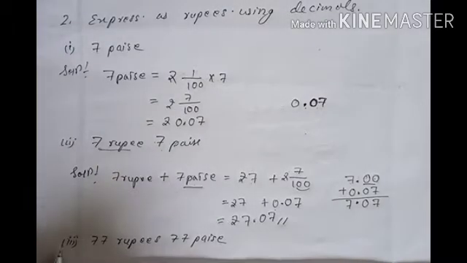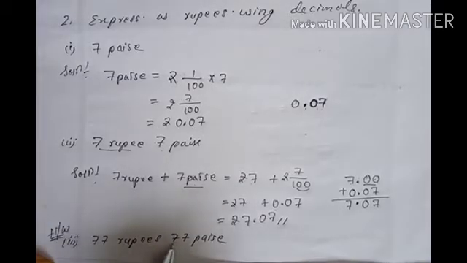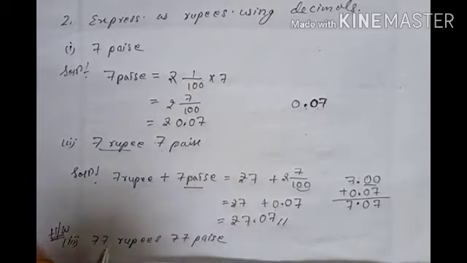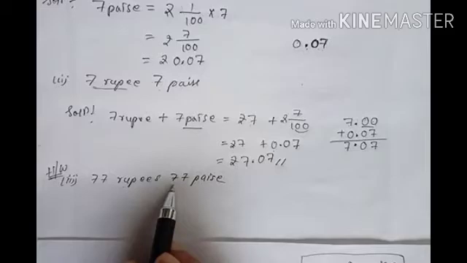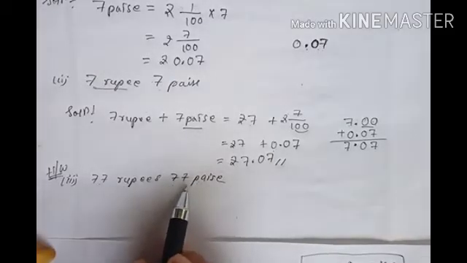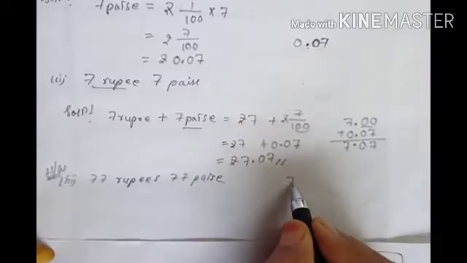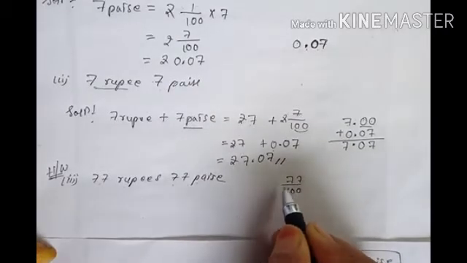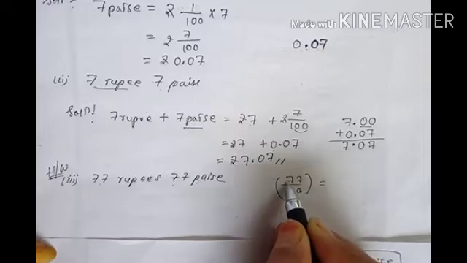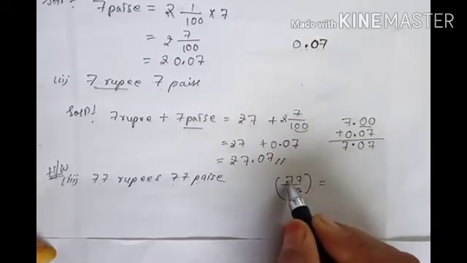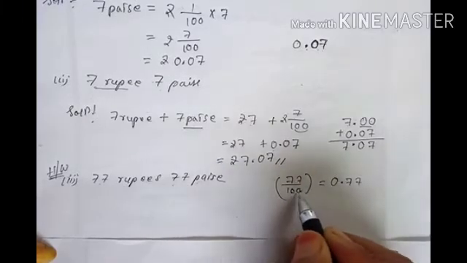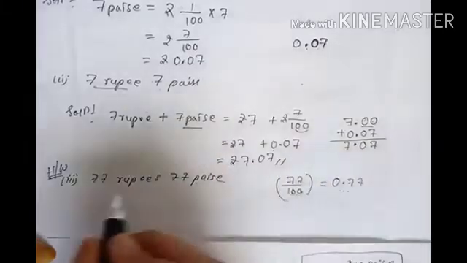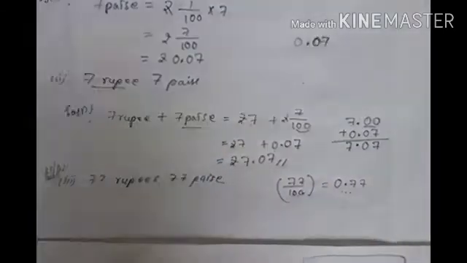So I will give this to you as homework. 77 rupees and 77 paisa. This is already in rupees, no need of converting this one. This 77 paisa you will convert to what? You will convert this to rupees. How you will convert? Simply you will divide with 100. So if you will divide with 100, before 2 digits you have to put the decimal. So here there are already 2 digits. So 0.77 rupees. Now you have to plus this with 77.